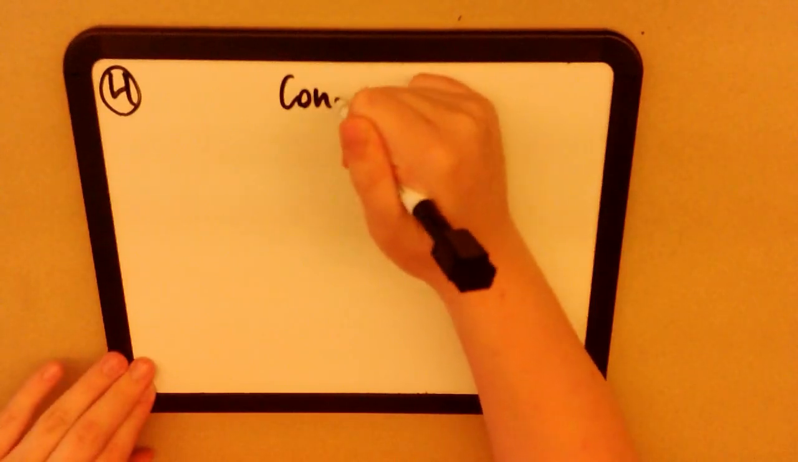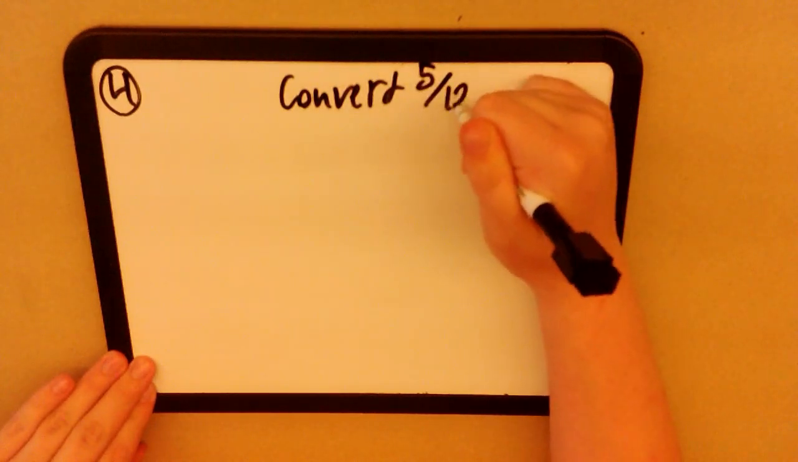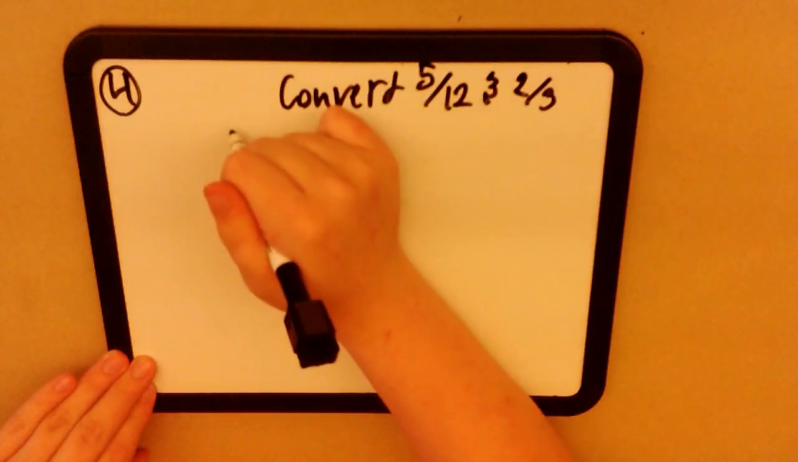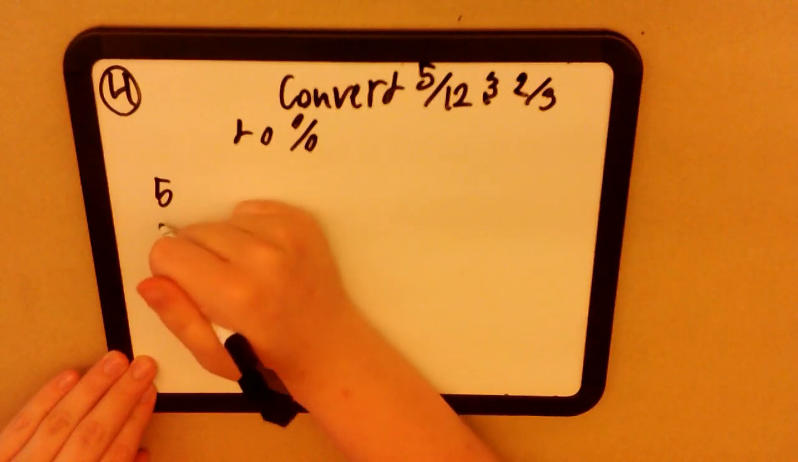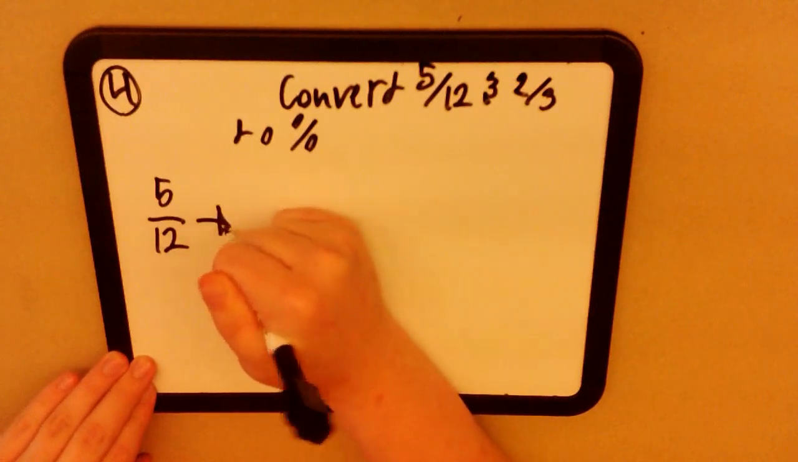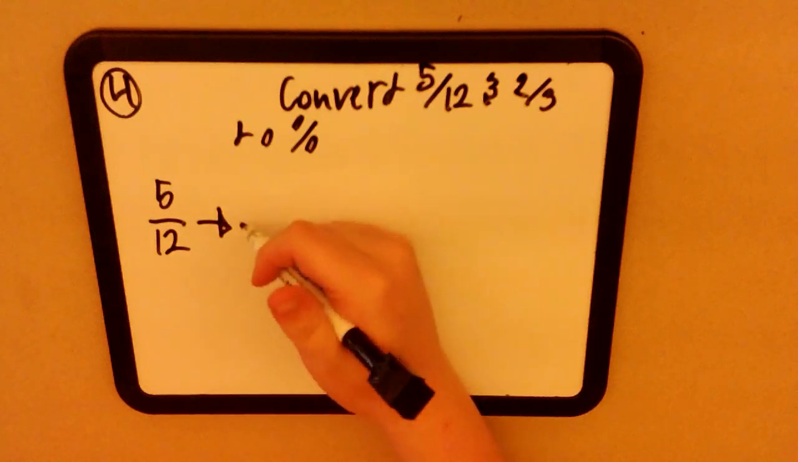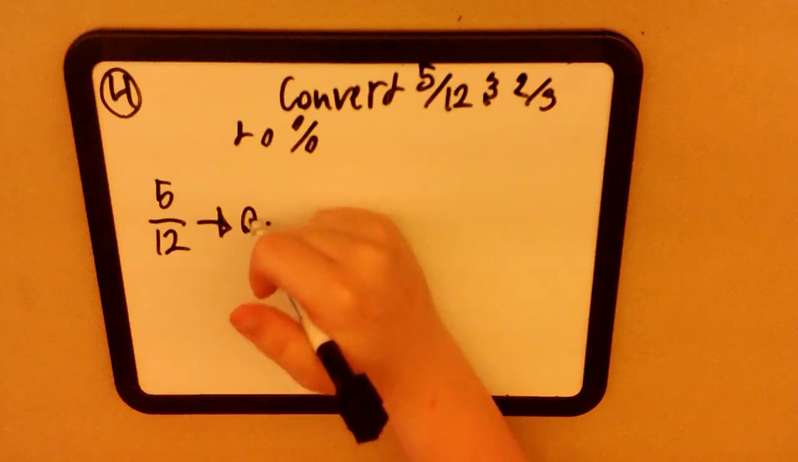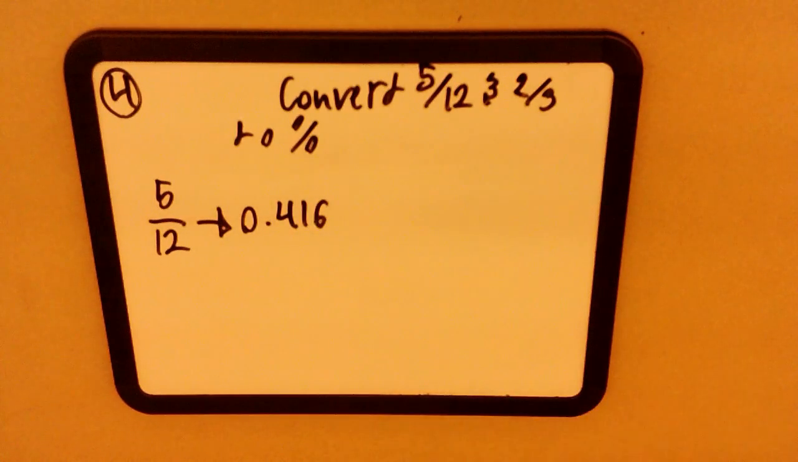Now we are going to look at question number 4. Convert the following fractions into percentages: 5/12 and 2/3. So we're going to write 5/12 down, and so the way I do it is I always just divide 5 by 12 to get the decimal number. And so that is going to be 0.416, but it's going to be